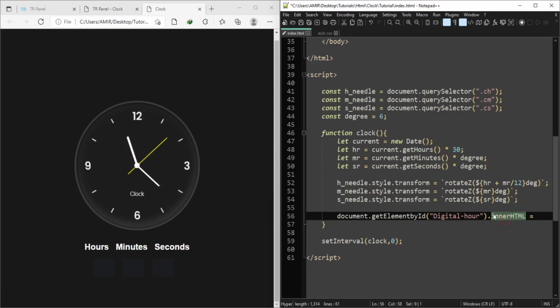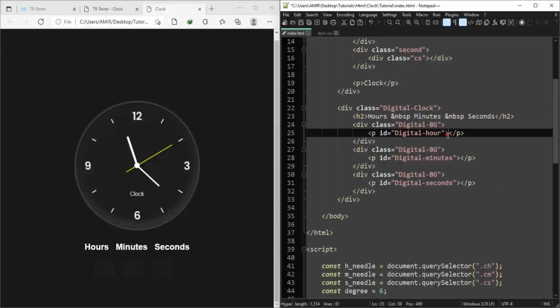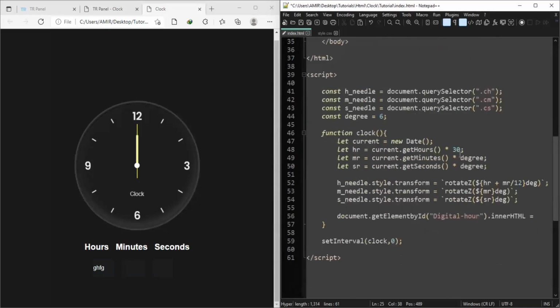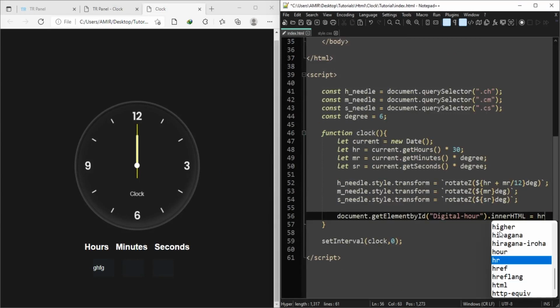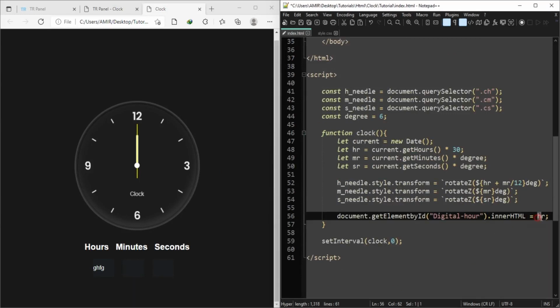Inner HTML means this HTML. If you write something here, you can see it is displayed. This means inner HTML. Now we have to give hours in this inner HTML. If you give this only hours rotation, then it will give you rotation, not hours.